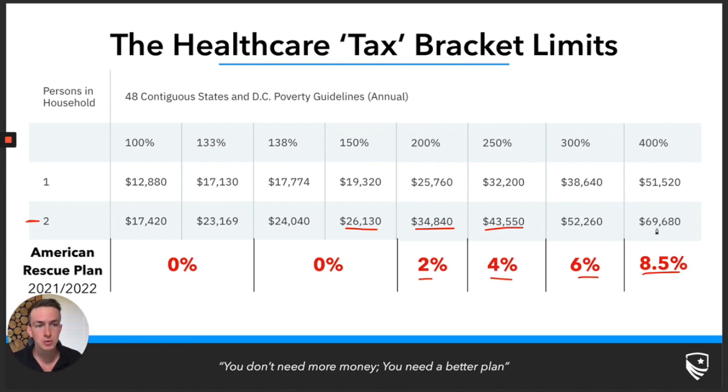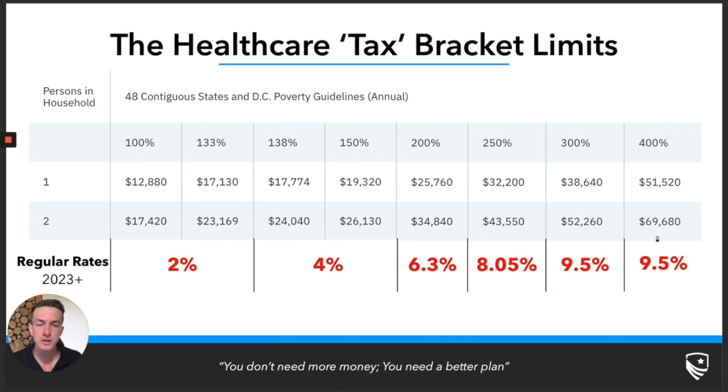Even up to the $69,680, anything over this, if you're continuing to convert, you're going to add 8.5% to your healthcare expenses. So again, in this range, you'd still be in the 12% bracket. Adding in the 8.5%, does it make sense to convert at 20.5%? So this is going to be for the next 2 years, 2021 and 2022. The American Rescue Plan certainly allows for larger conversions over these next 2 years because it's much more gradual of a slope. Once we're in 2023 and beyond, we have to look at it a little bit differently